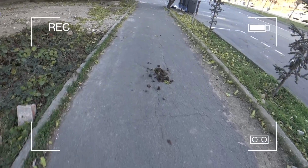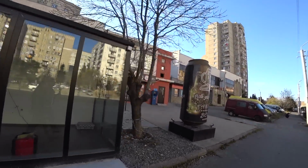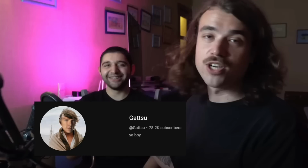Happens, you know, happens. Anyway, here we're actually coming up right now to another landmark in this neighborhood, which I just discovered, by the way. I've been here before in their apartment, but I haven't noticed this in particular. Right here we have a statue of a beer. Tankowy pivo. Now, what's funny is that this district we're in is actually where Gigi Gatso, my Georgian friend, is from,